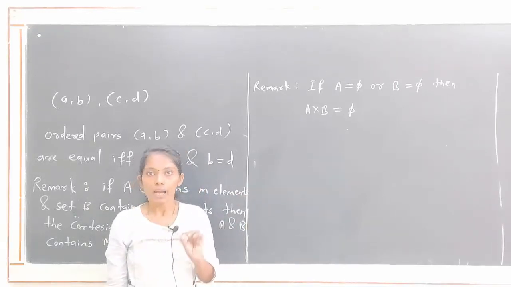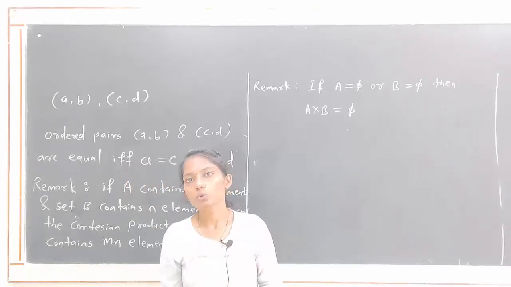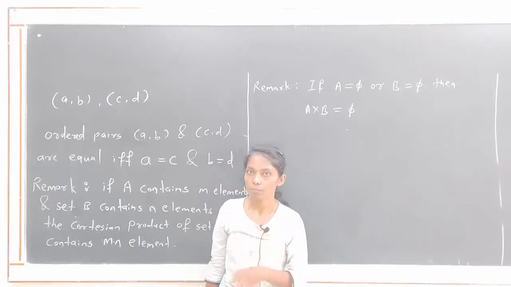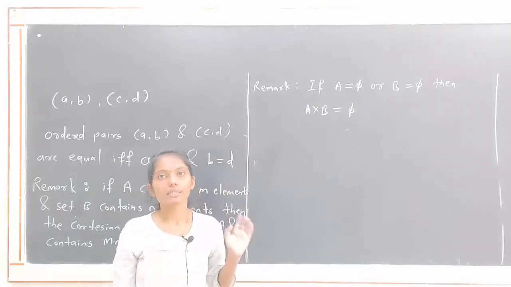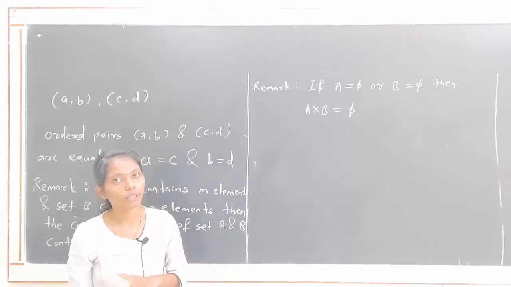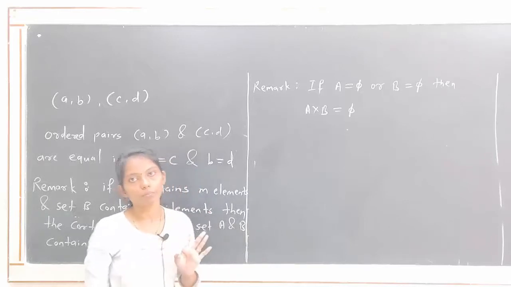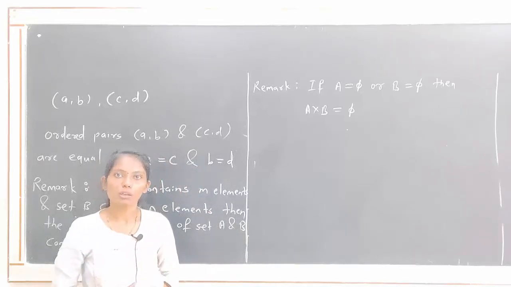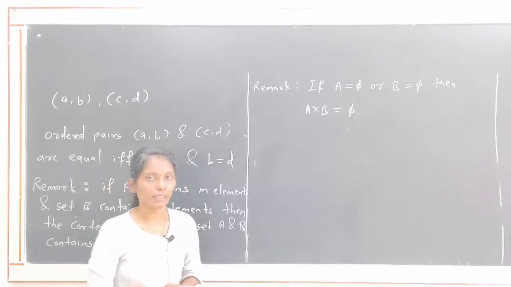Cartesian product of set, that is, if we consider two sets A and B, then the Cartesian product of A B is the set of all ordered pairs (a, b) with a belongs to A and b belongs to B. So all of you get it this? Okay. Now next point, relation.